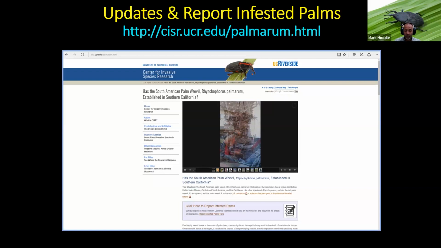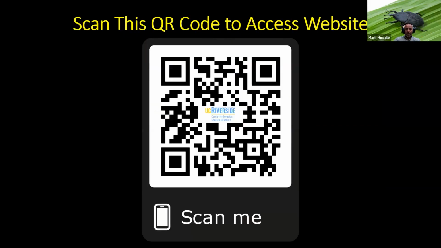So we're relying on community scientists to help us follow the spread of this weevil. This is the quickest way to get to the website. If you have your cell phones, just bring them out, open a QR code scanner, and scan this code and it'll take you to the website. You'll find information on South American palm weevil there, and if you're seeing dead palm trees around in your area, please start loading those data in for us, and we will use those for our spread monitoring